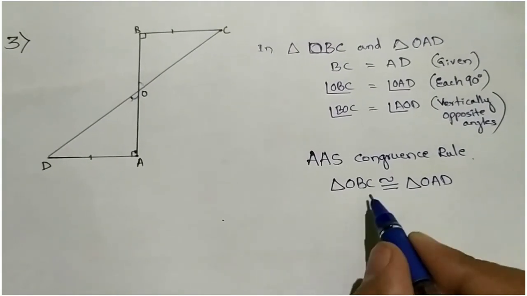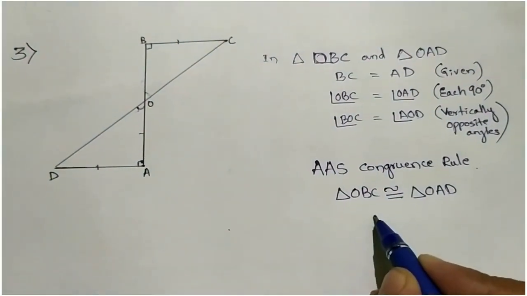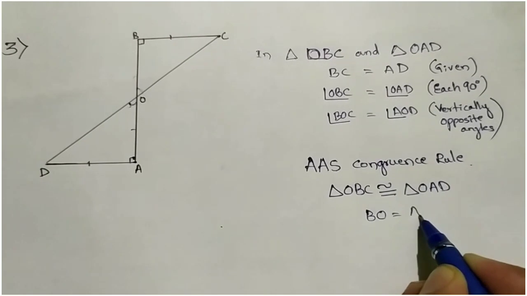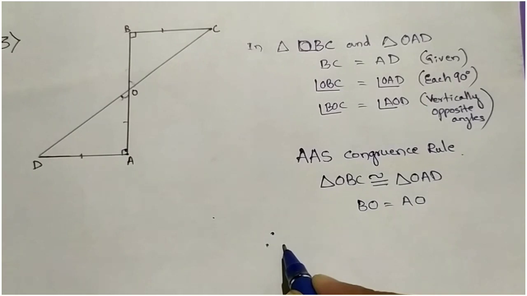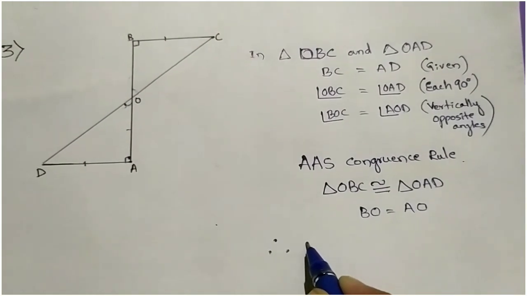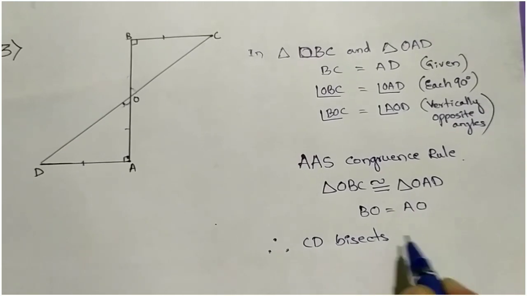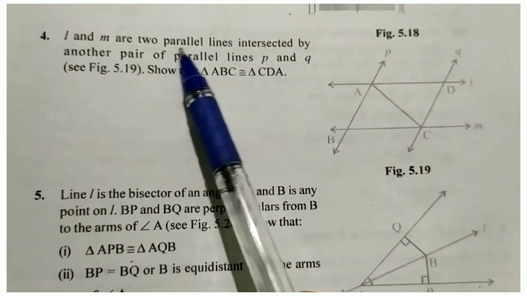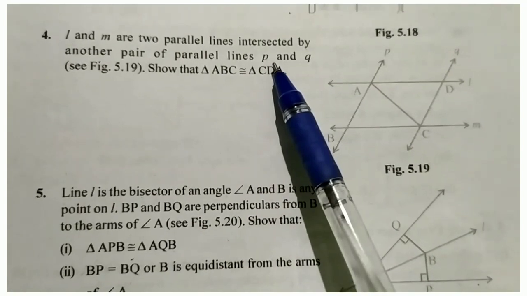If these two are congruent, then their corresponding sides are equal, BO equal to AO. So when BO equals AO, then we can say that CD bisects AB. Now the fourth problem: L and M are two parallel lines intersected by another pair of parallel lines P and